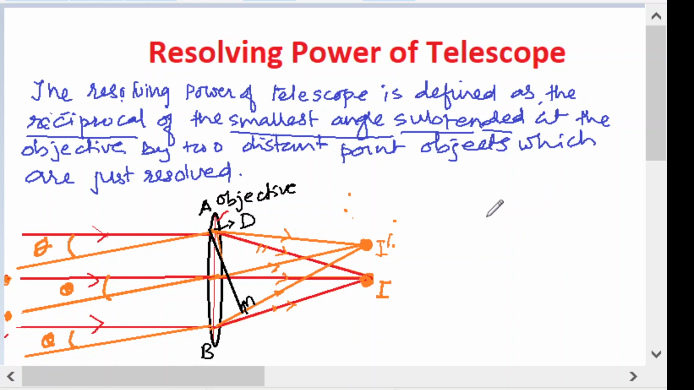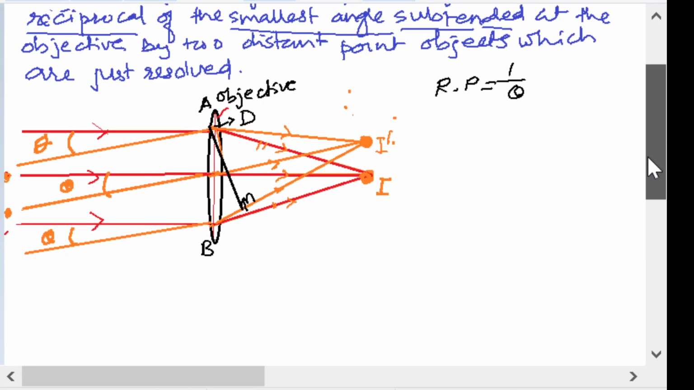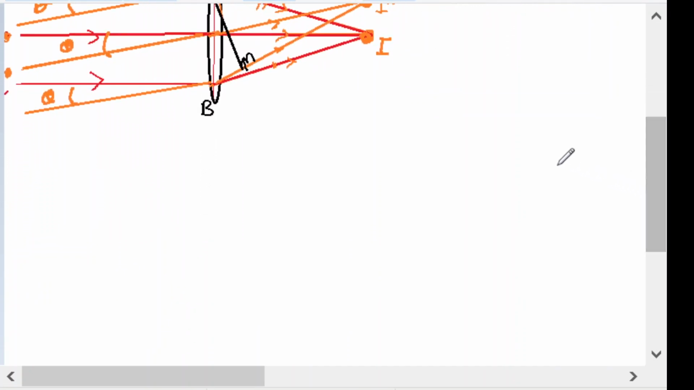Now we know that the reciprocal of this gives us the resolving power, and that is equal to 1 upon theta. Okay, first of all we are going to find what is theta. So here we'll go next and we'll write here. Now suppose